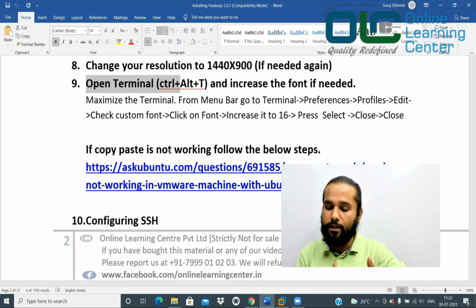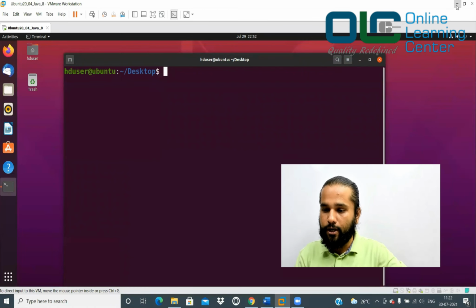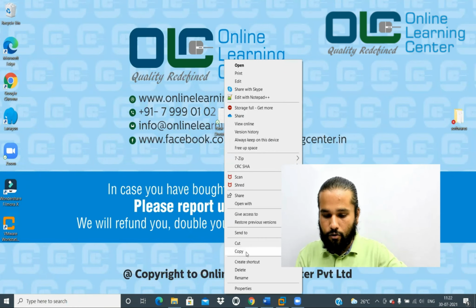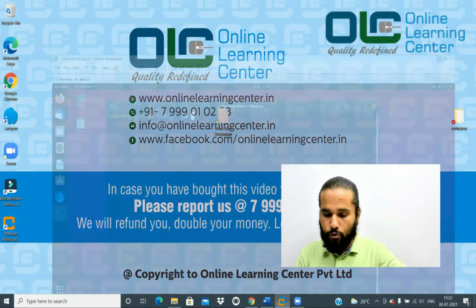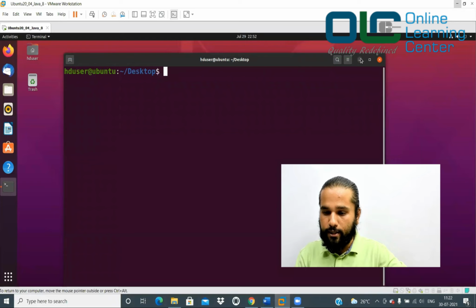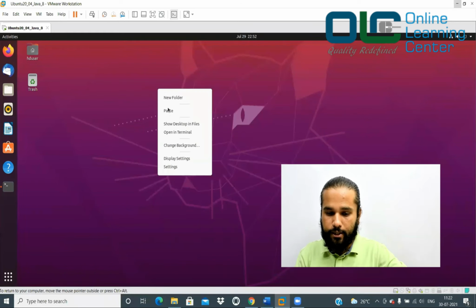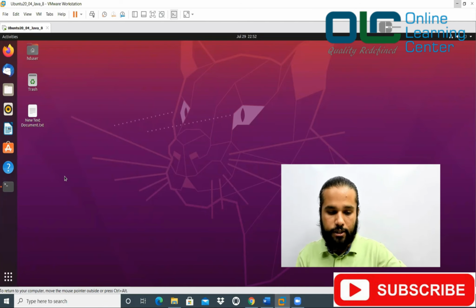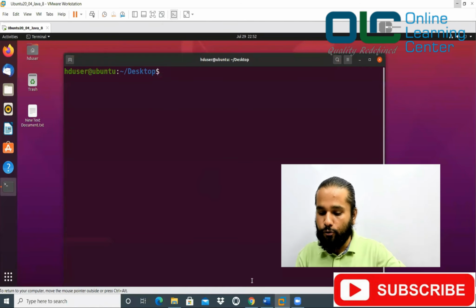You should be able to copy the data from Windows to Ubuntu and vice versa, right? So I can again try it out if the copy paste is working or not. Just go to your desktop and say copy, and let me go to Ubuntu, go to my desktop here and try to say paste, right? I can see that I was able to copy and paste the data across Windows and Ubuntu successfully. All right, which means it's all going good so far.